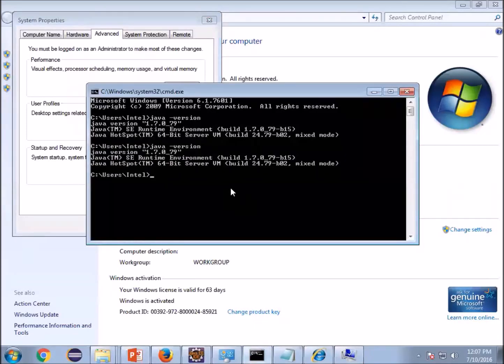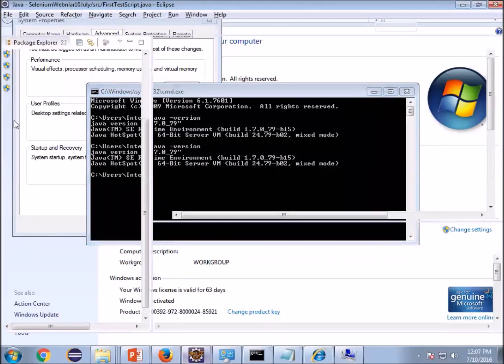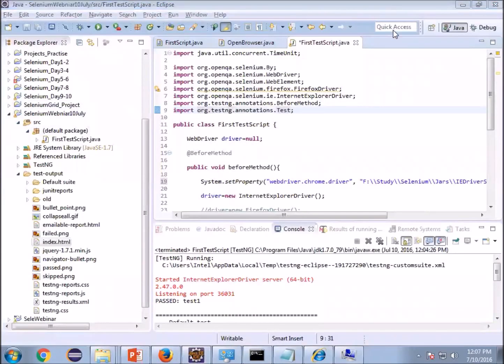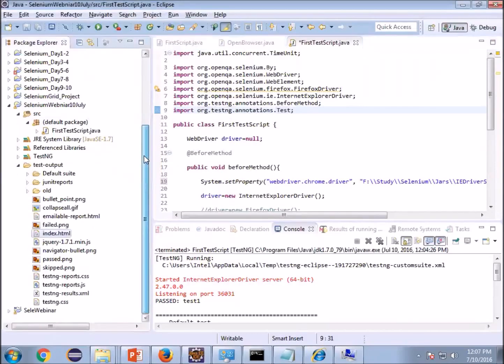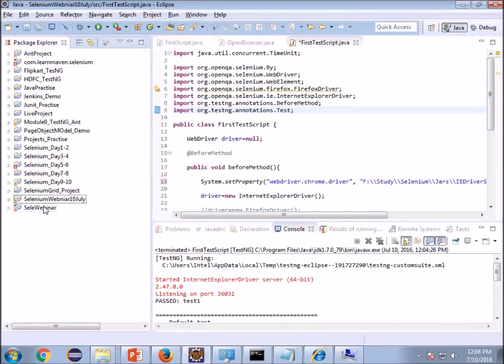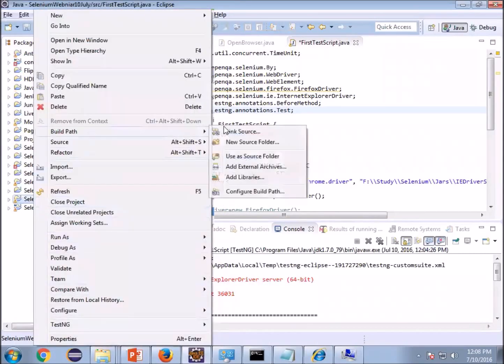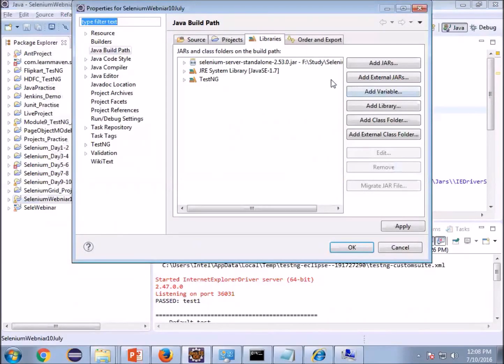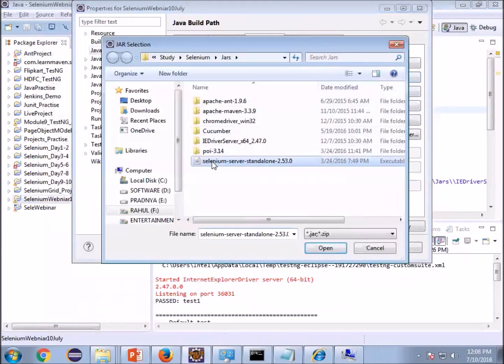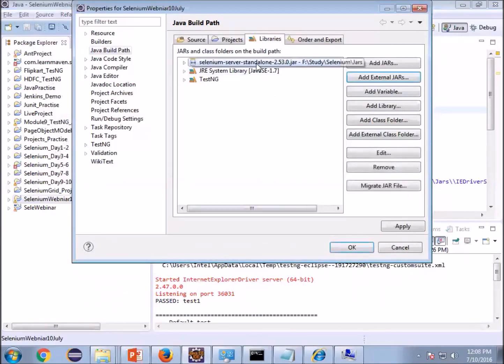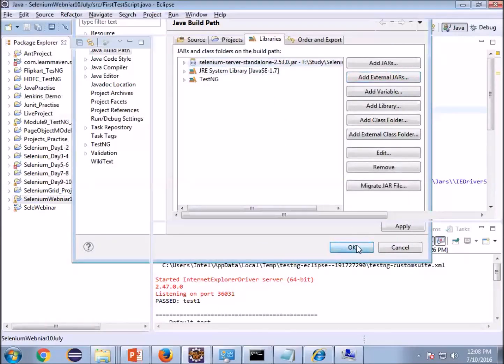So you're done. And in Eclipse, yeah, that answered your question. Good. In Eclipse, you just have to import the Selenium jar. It's simple: build path, configure build path, and add external jar. Just add it. Okay, so it will be like this.